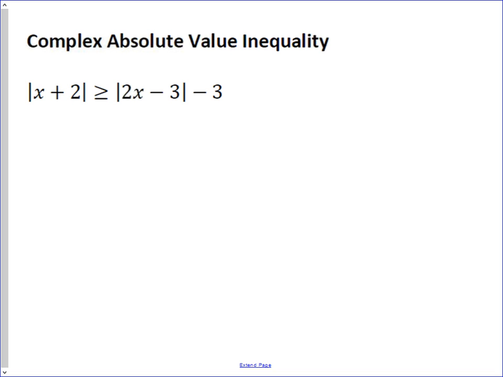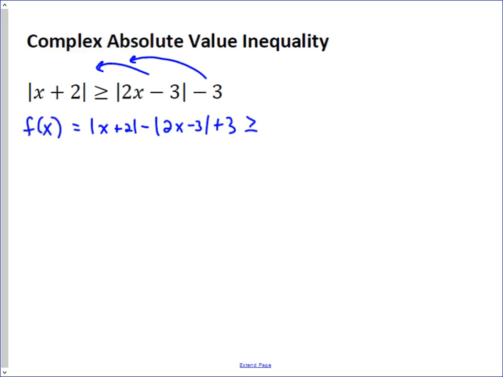So the first thing we do is we establish the function by subtracting this and then adding 3, so we get the absolute value of x plus 2 minus the absolute value of 2x minus 3 plus 3. And we have this function, and then eventually what we're going to do is find out when this function is greater than or equal to 0. So when is it a positive function, and that's going to be our solution. When is this function positive? Now,